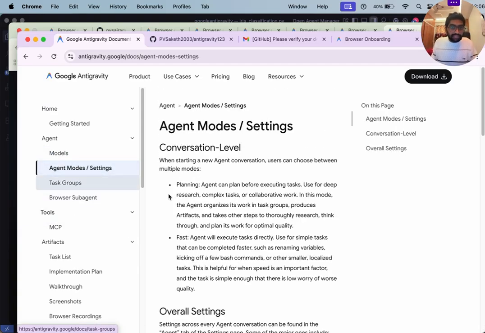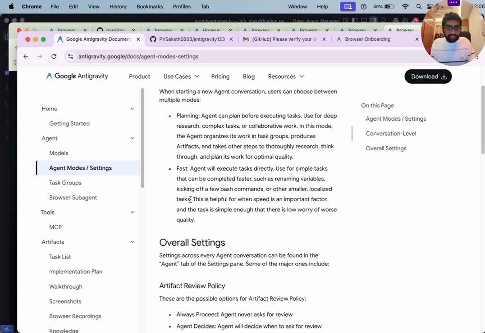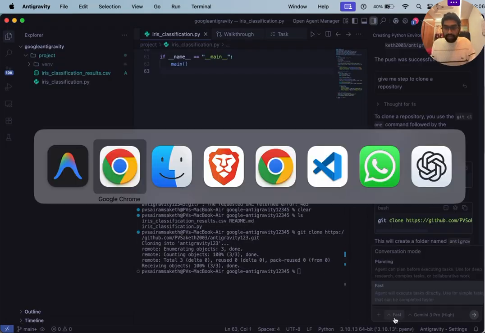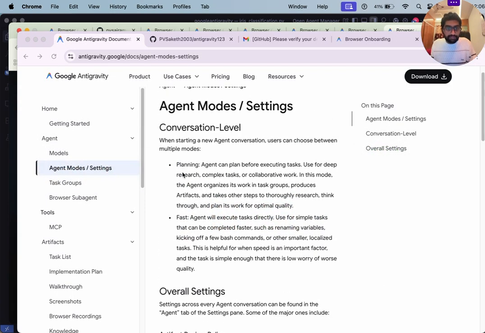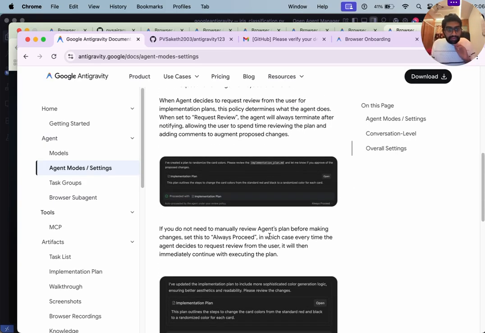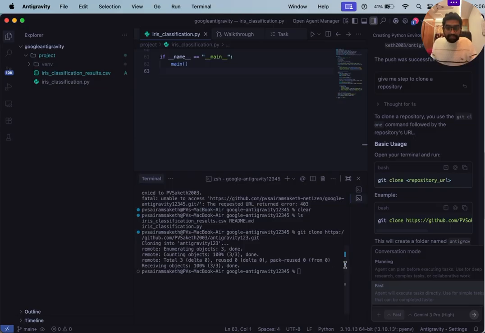And if you want to see the agent modes, like what the modes are, see, if I go to my conversation modes, planning mode, fast mode, it will explain what the planning mode is and what the fast mode is. It will give you the explanation for each and everything. And it will also tell you, let's say if